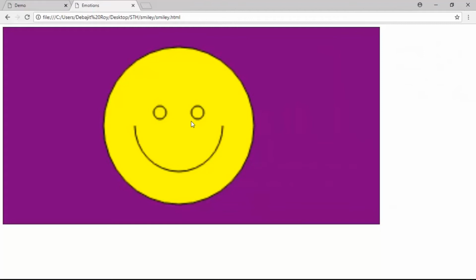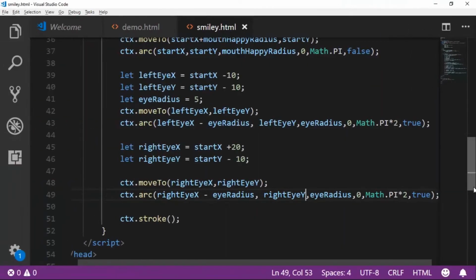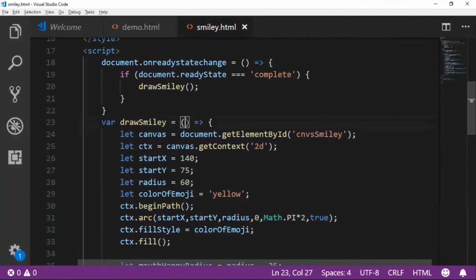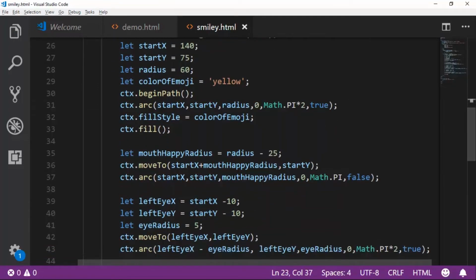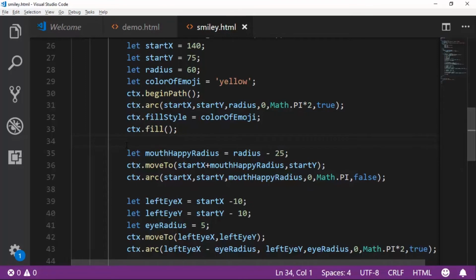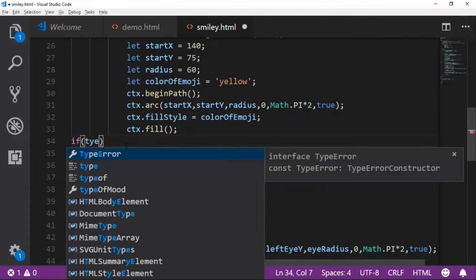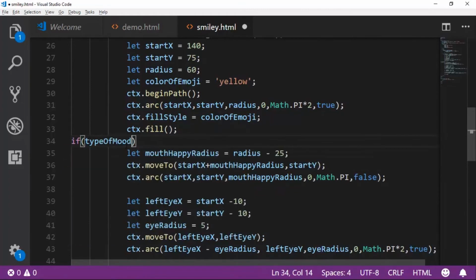Now it's time to draw the sad face. The only difference between the happy face and the sad face is the mouth. Before that we will pass the mood here, a type of mood parameter. So this is our face function, right? So let's check it. If type of mood is equal to happy,